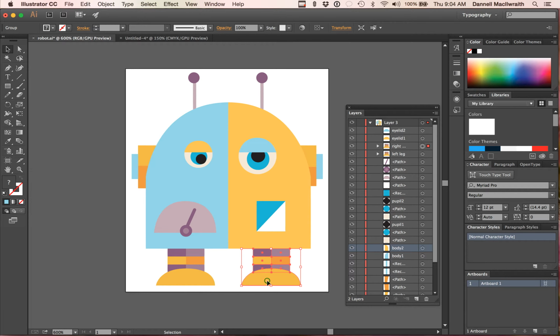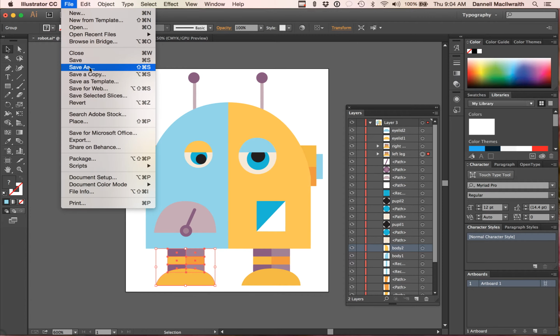I think I have like foot 1 and foot 2. So you want to go through and name at least 10 to 15 of these. So when we bring it over, you can animate or start by changing the color of these properties. So after you label them in your layers palette, now we can go to File, Save As, and we're